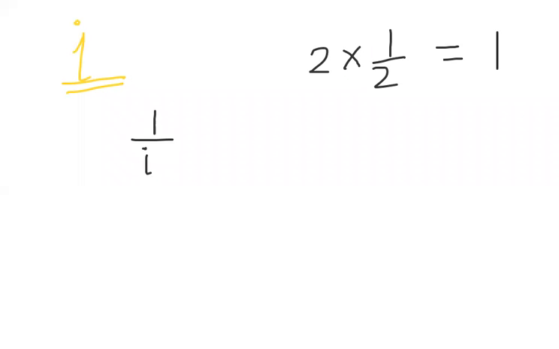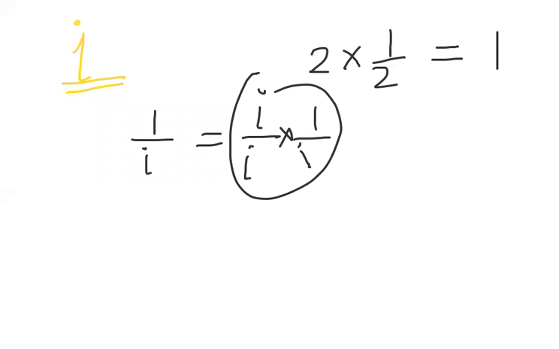Now this will help us to understand a concept, how to calculate the multiplicative inverse, like the multiplicative inverse of i, which I need to calculate. So what will I do? The multiplicative inverse of i is 1 upon i, just like the multiplicative inverse of 2 was 1 upon 2. Multiplicative inverse is that number with which we multiply and get the result as 1. With what should we multiply i? The answer 1 will come from 1 upon i. So i cannot be left in the denominator. So I multiply and divide the 1 upon i by i.